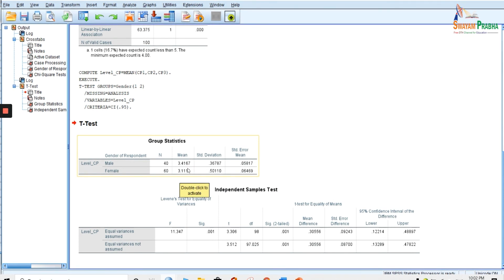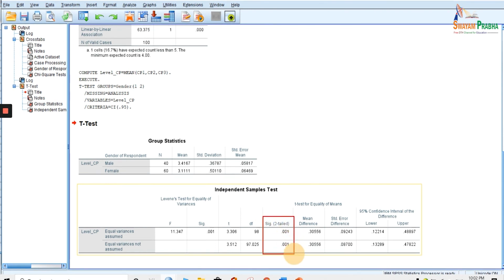So for this purpose, we have already framed the hypothesis, and we have the results of the hypothesis here. Now, you can see we have a little bit complicated table here, but try to understand it; it will not be that difficult. You can see it has two rows. Always, for each variable, it will give you two rows, and ultimately we have to test this p-value. We have to test this significant value here.